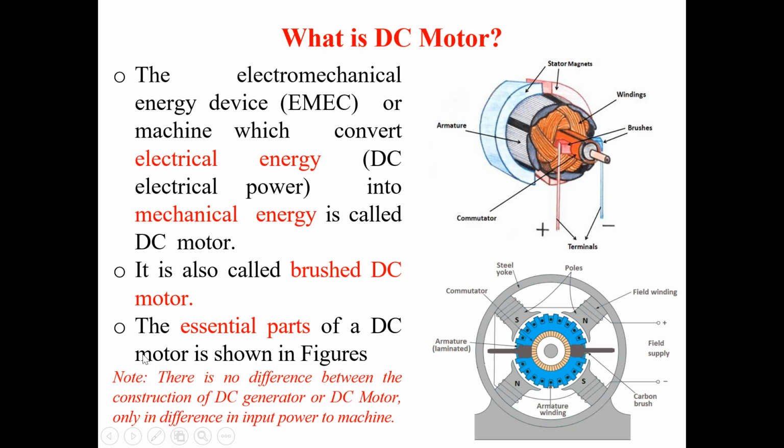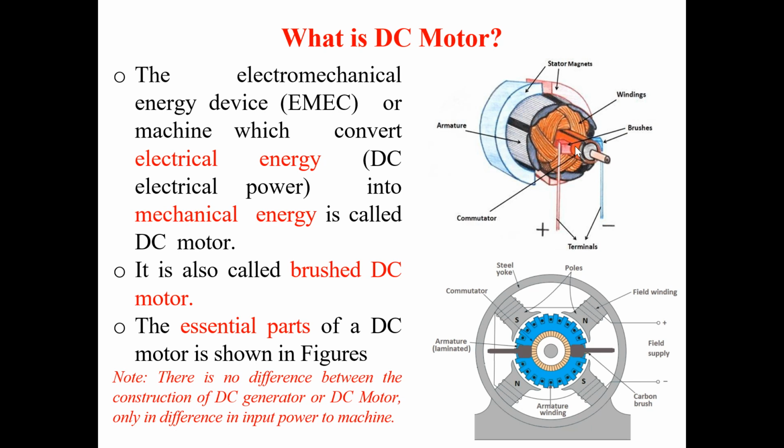As I earlier told, there is no difference between the construction of DC generator or DC motor. The only difference is in terms of input power to the machine. So what is a DC motor? The electromechanical energy conversion device or machine which converts electrical energy, that is in the form of DC, into mechanical energy is called DC motor. Sometimes it is also called brushed DC motor because for this energy conversion process we use mechanical commutator